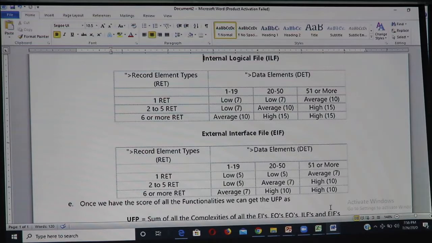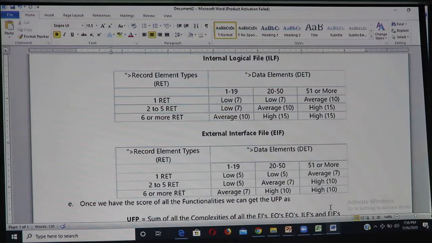Data elements, we saw, are nothing but fields. It can be either 1 RET, or 2 to 5 RET, or 6 or more than 6 RET.